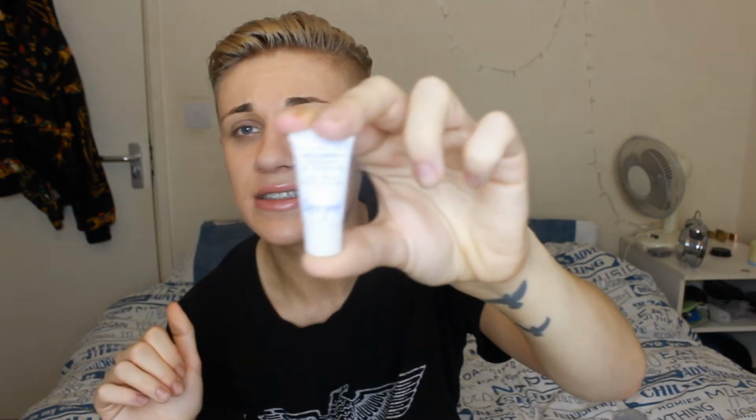Okay, so the next one is a CC cream, and this is my first CC cream. If any of you have watched my Charli XCX tutorial, the inspired makeup look, I used this cream, and it is the CC Cream Daily Corrector by Supergoop, and it looks like this. You get a bigger version. I've actually never heard of the brand Supergoop before, and my friend got it in a Birchbox, I think, and it wasn't her colour, so she gave it to me, and she gave me 2 little ones, and literally I've